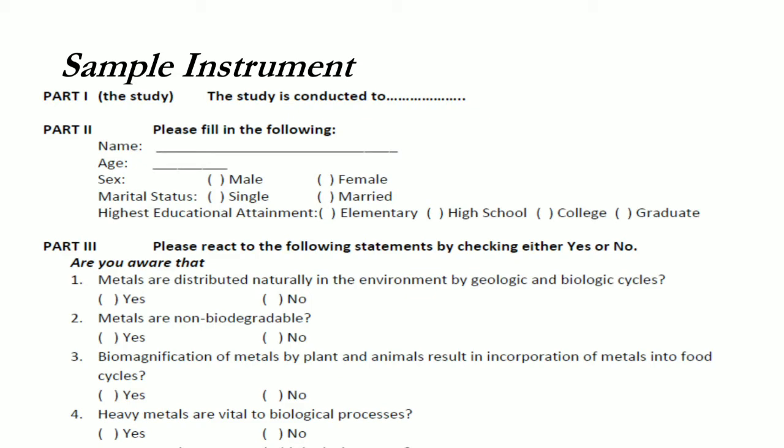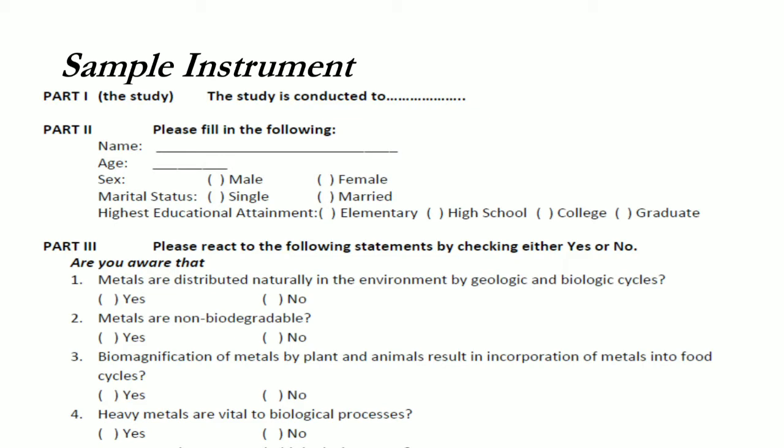But of course, you need to let your participants know your study by giving the title and the main objective of your research. So you have to be clear with your instructions. So there, part 2, and then part 3, you tell them exactly what to do. So this one is